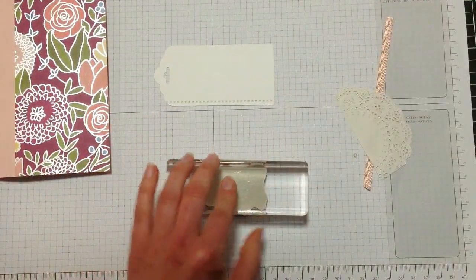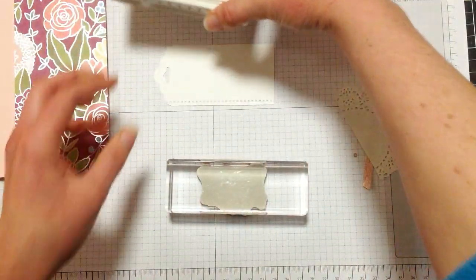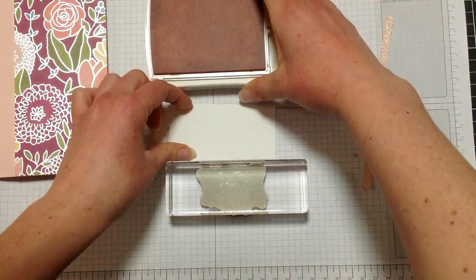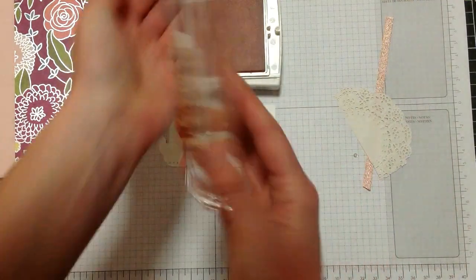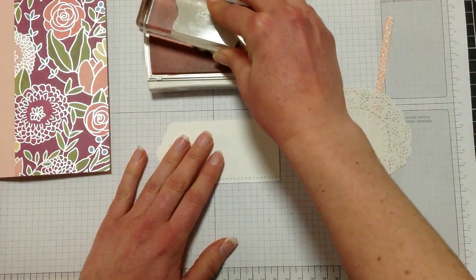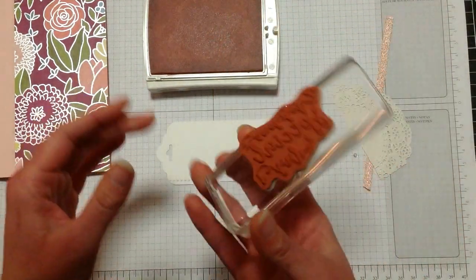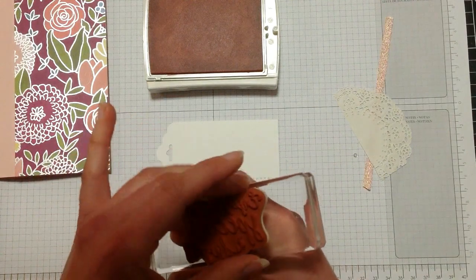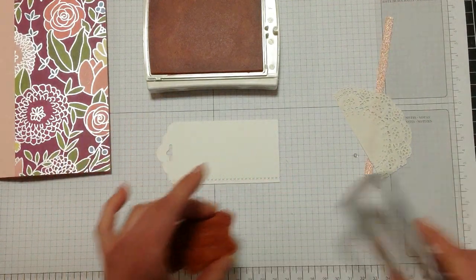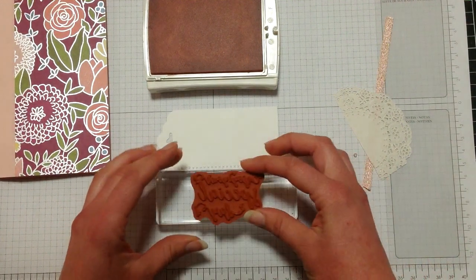Okay, I've got Powder Pink to tie in with the colours in our cardstock. If you are using a different DSP, you might want to choose just whatever the very lightest tone is. You still want to be able to read it, but you want it to be nice and soft in the background. And the only thing I didn't do, my friend recommends that you line it up, because they're see-through, the